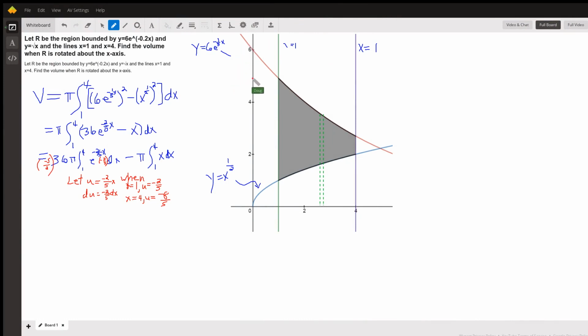Okay, I'll get you started on this one. Here's a graph of y equals 6e to the negative 0.2x, which I wrote as negative 1/5 x. This red graph right here. Here's the graph of y equals the square root of x, which I wrote as x to the 1/2. And we're trying to examine the region between x equals 1 and x equals 4 and revolve this gray region